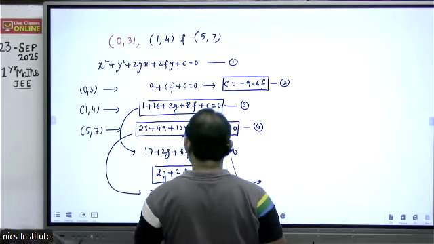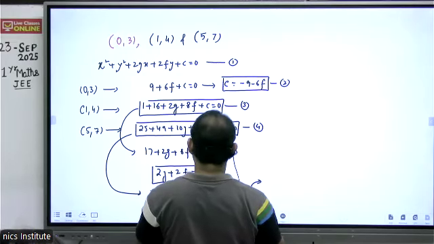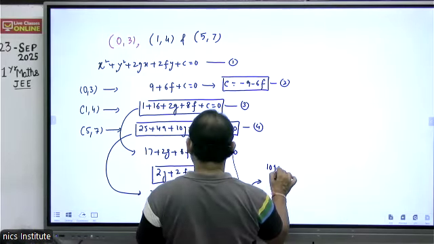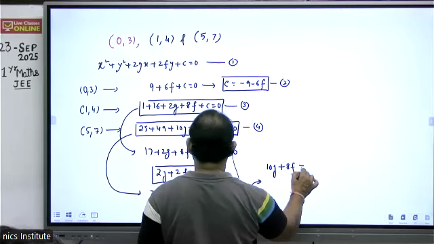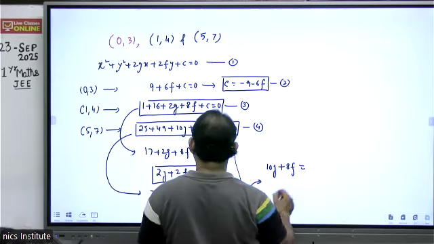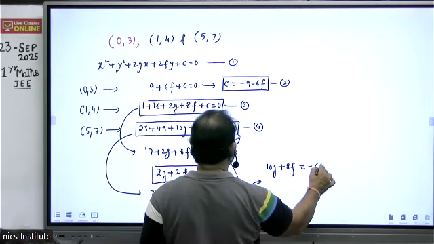That gives you 10G plus 8F equals to minus 65।